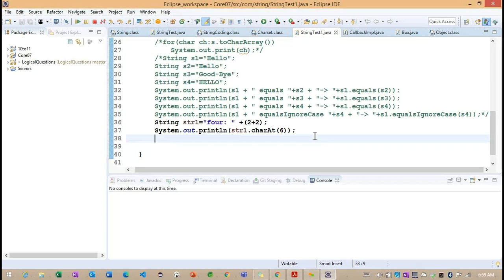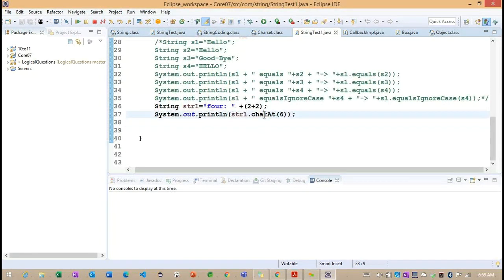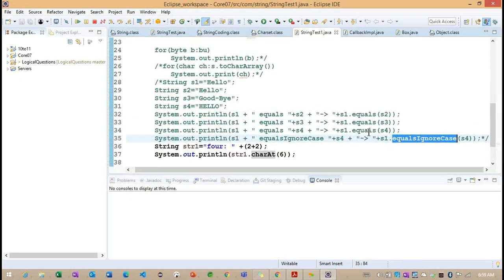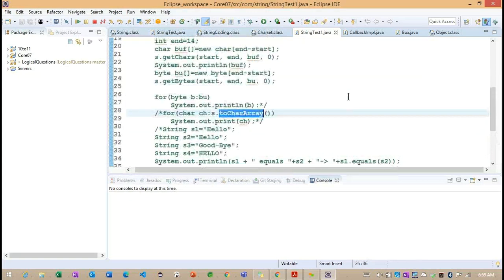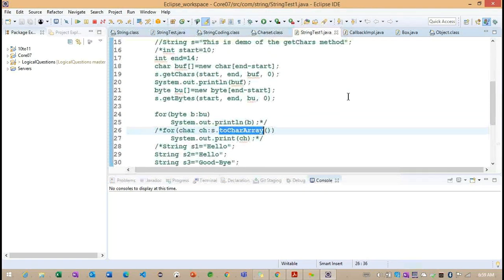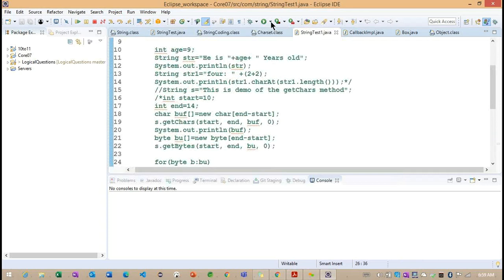So in the last class, we were discussing string related methods. In that, we identified the charAt method, the equals method, the equalsIgnoreCase method, and toCharArray. Getting the point. So some of the methods we discussed in the previous class. Today we are going to discuss other important methods available inside our String class. These are very important methods we need to understand. The remaining methods we are going to discuss today.